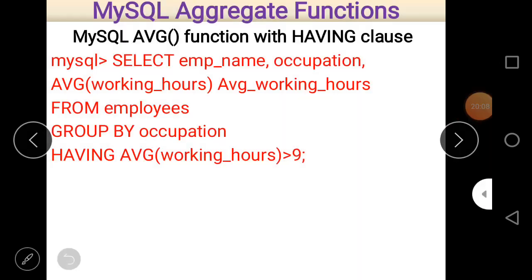Next is the having clause. As you know, whenever there is a condition related to a group by clause, that condition must be given with the having clause.